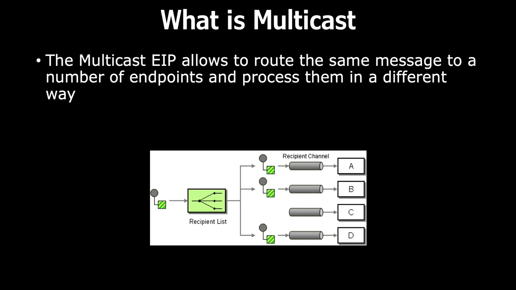Say, for example, I'm writing something in English. As soon as I publish it, I want it to be stored in different systems in different languages, rather than me translating at runtime. So let's say I got a piece of text in English. I would like to send it to an endpoint responsible for translating into German, another endpoint for French, a third maybe Chinese, and a fourth maybe some Indian language. So this is where you can use this EIP.